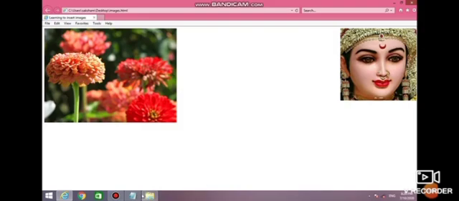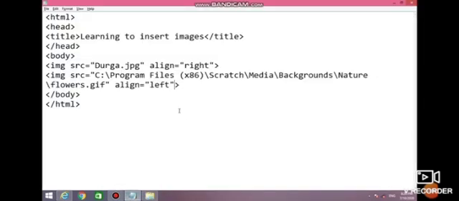the flowers alignment is now left, and by default it was on the right, next to the previously inserted image, but we have changed the alignment. Another attribute we can insert is border, which means we can apply a border on our image.